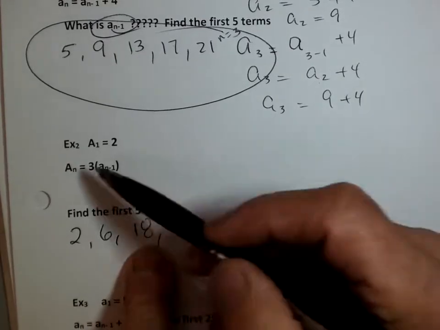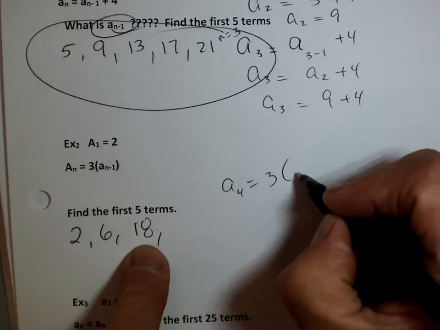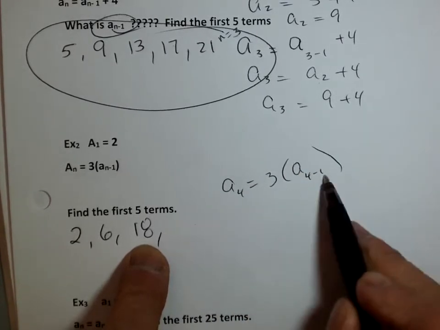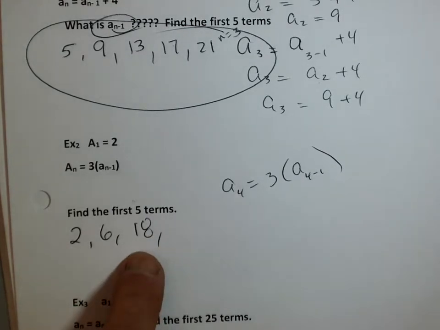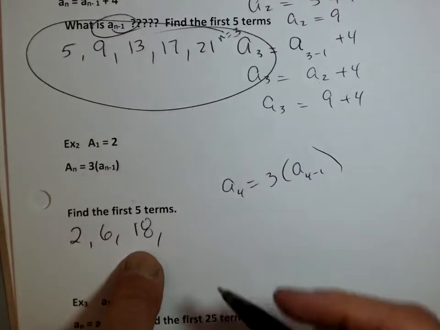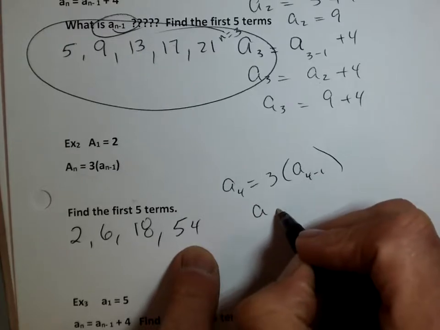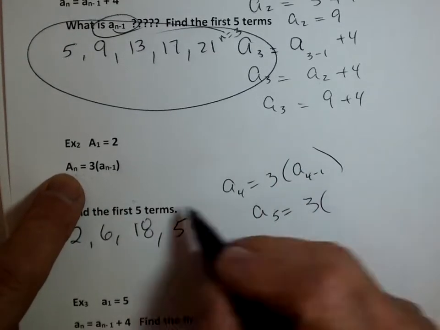If I want to make the fourth term, so if I want to make a of 4, I'll take 3 times the third term, right? That's the third term, a of 3. So 3 times 18 is 54. If I want to make the fifth term, I go 3 times